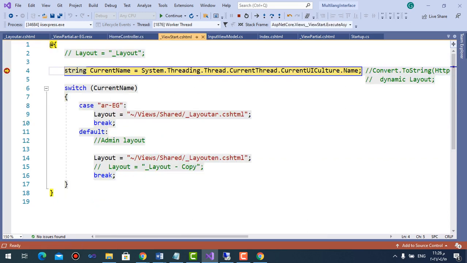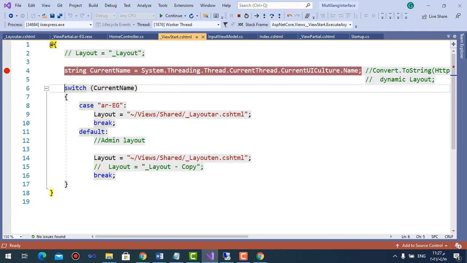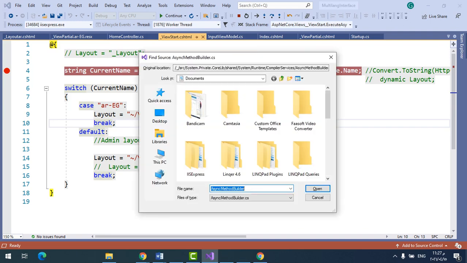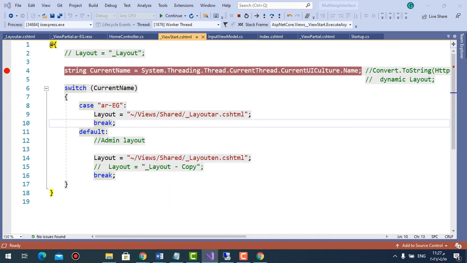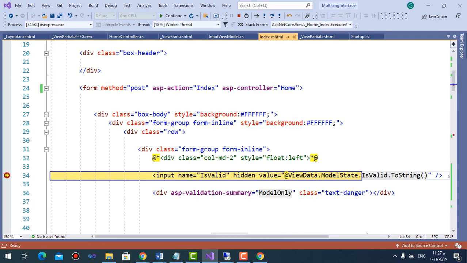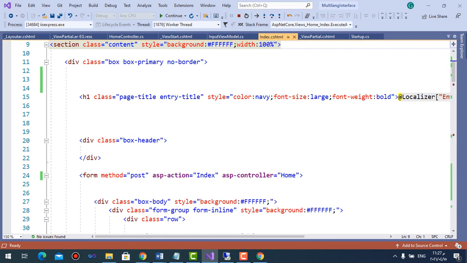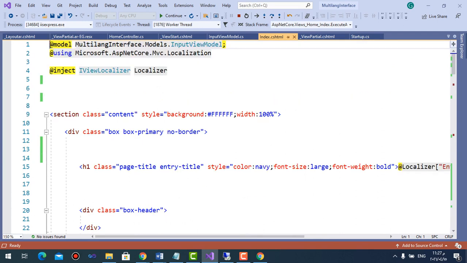Get the index page first. Then it will go to view start to switch between languages. Of course, here it will go. It went to Arabic first because this is my language. And then to the form index that contains the text box, I inject in it localizer of type IViewLocalizer,